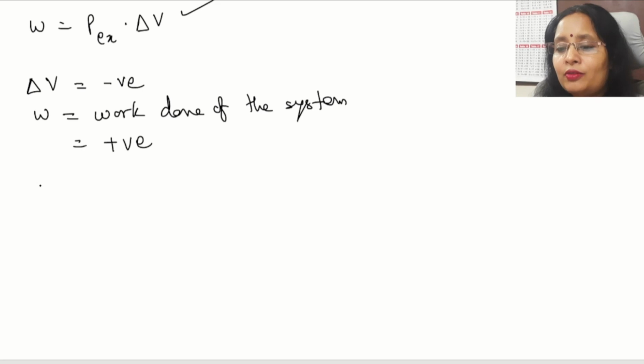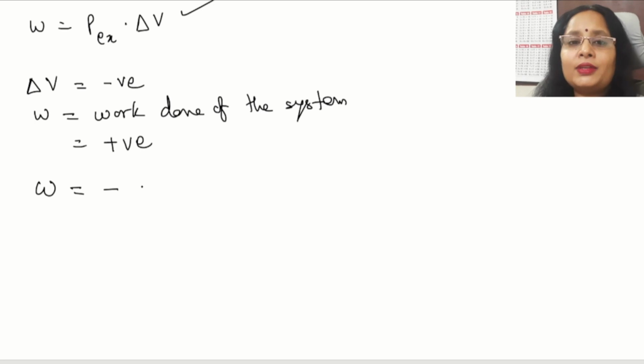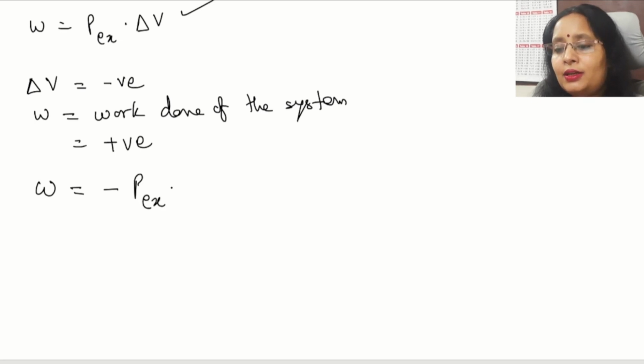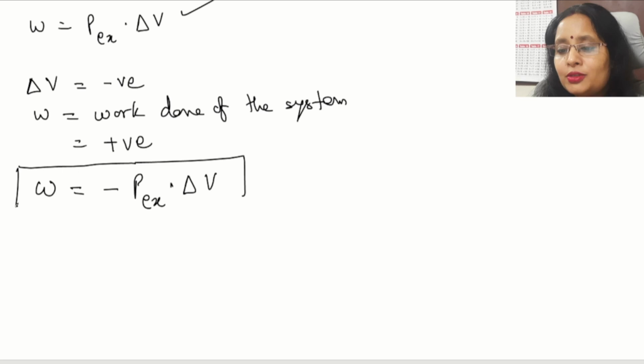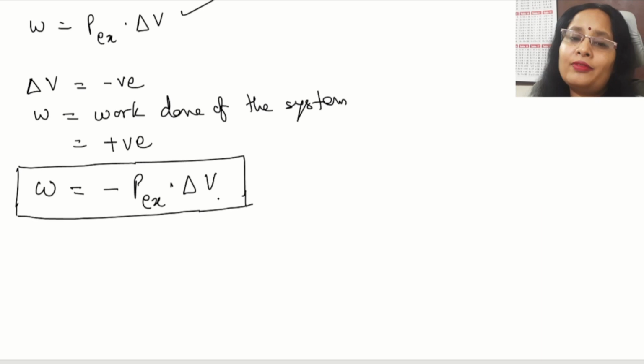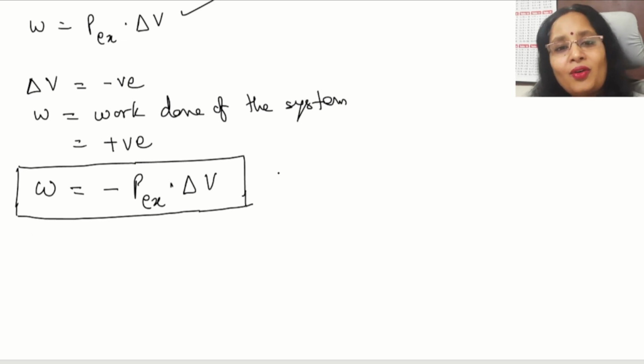The only thing we can do is write W equals negative sign, P external into delta V. Now that expression will give us the positive work, because delta V will always be negative, and negative into negative will become positive, and in this way we will get W as positive because work is done on the system. And remember one thing, when work is done on the system, it means it is always